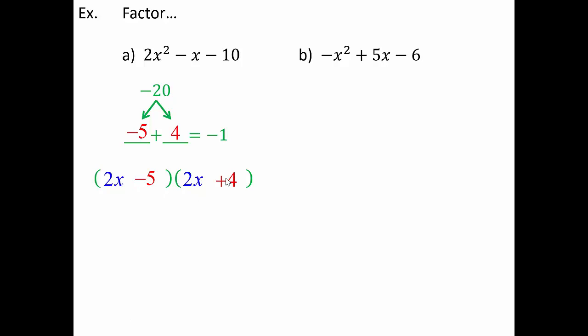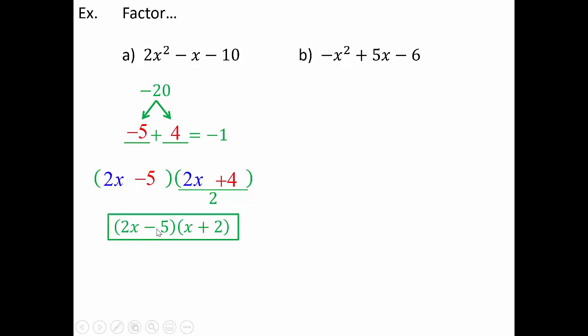I'm not done with this method until I simplify. I look at each respective bubble, 2 and 5 within the 2x minus 5, and ask yourself, just like a fraction, can that be reduced? 2 and 5 cannot be reduced, but 2 and 4 absolutely can be reduced. I can divide both of those by 2, so that's what I'll do. And I get x plus 2 on the second bubble, 2x minus 5 on the first bubble, and that would